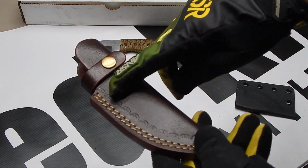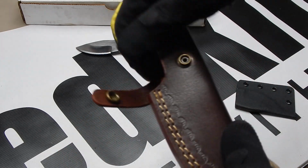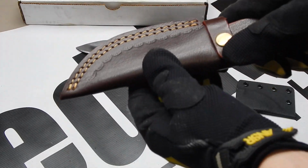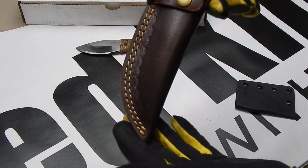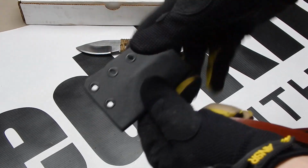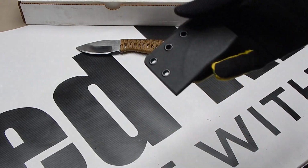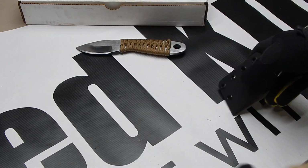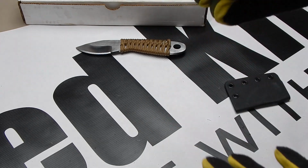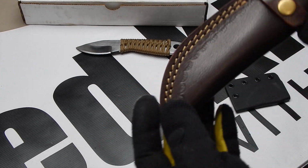Like I mentioned earlier, the texture of it. It's got a cool feel. It's a natural material. The button clasp, the sound there. It's pretty cool. The stitching looks great. It's an aesthetically pleasing sheath compared to Kydex. This one's a square, some of them are curved to the blade. It's nothing crazy. I mean, it looks cool. The tactical people out there, you love it. I love it. It's simple, but you can't beat a good leather sheath. And actually, now that I think about it, you might be able to, because getting into the cons here, we see